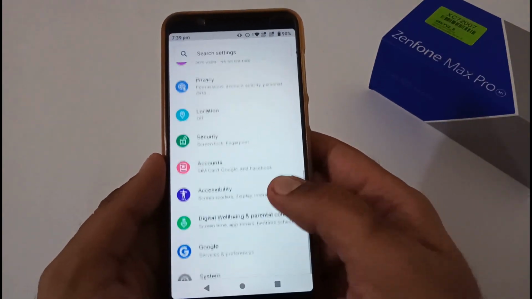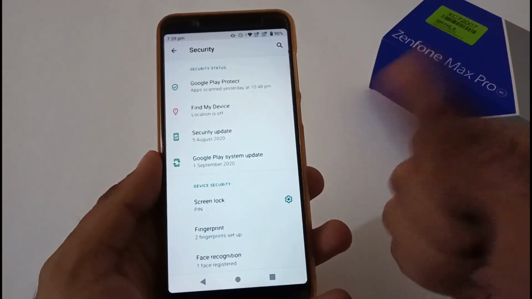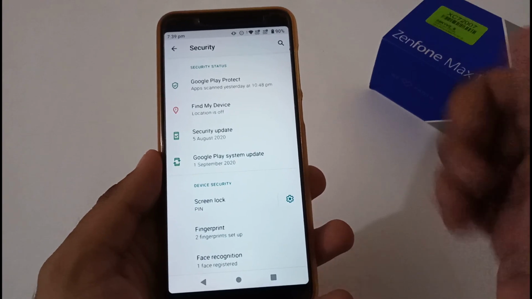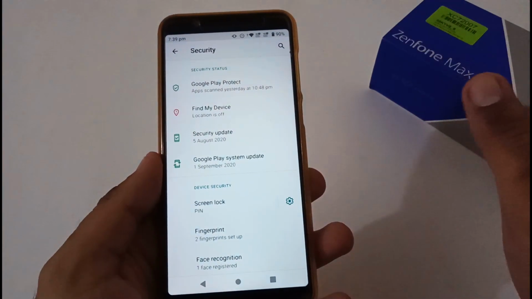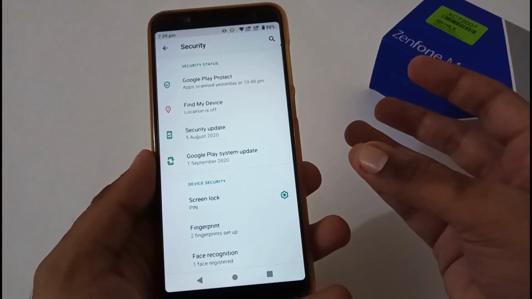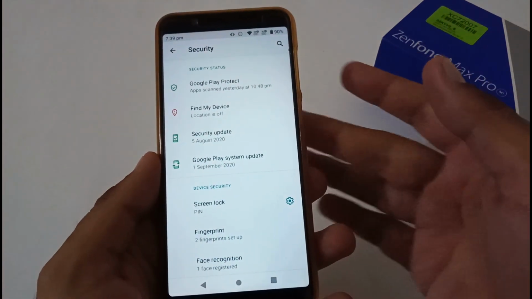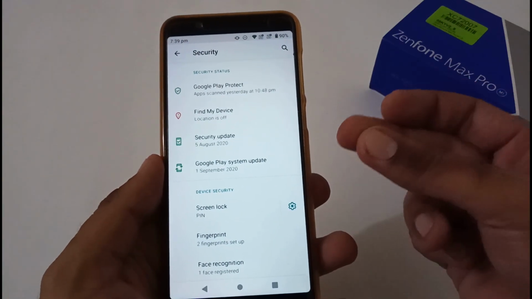After system, now let's move to the security part. In both the versions, be it Android 10 Beta 4 or stable Pie version 087, PIN, pattern, password, swipe, all are working absolutely fine. There is no problem with that. Apart from this, the fingerprint scanner and face unlock are also working fine on both versions. I would say on Android 10 Beta 4 it is quite smooth.